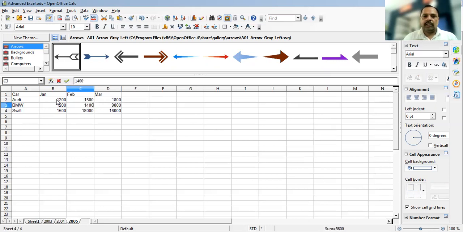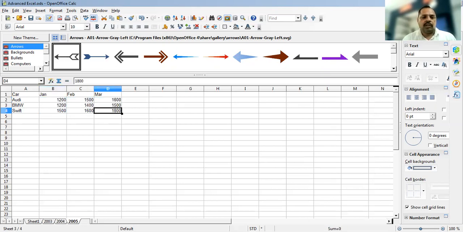Similarly, you are adding the data. Now I have created the 3 sheets of the selling of the cars in 2003, in the months of January, February, March. This is the data: the number of the cars that have been sold.